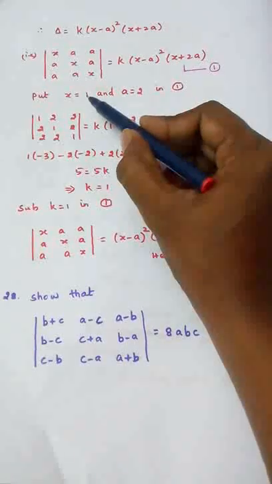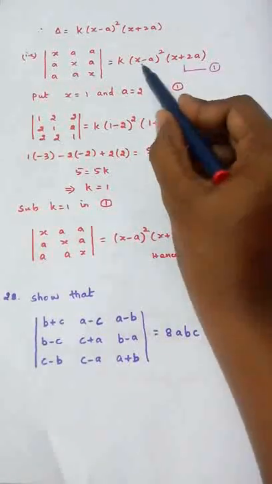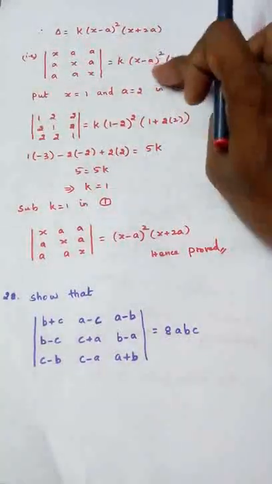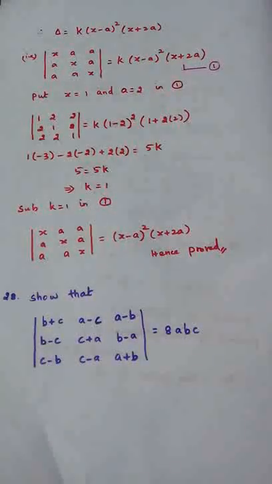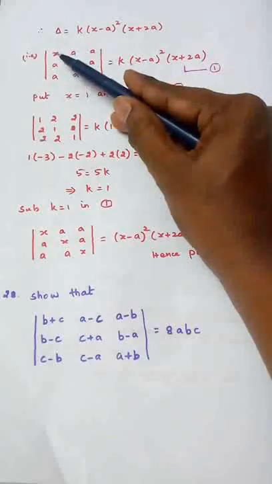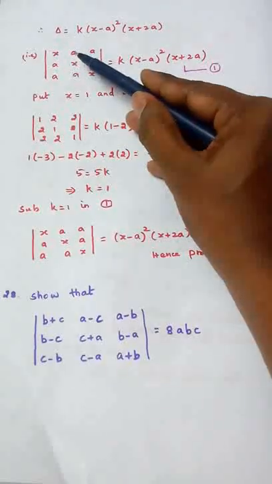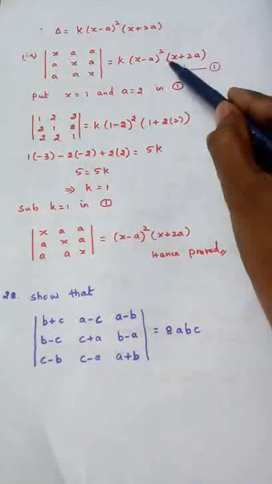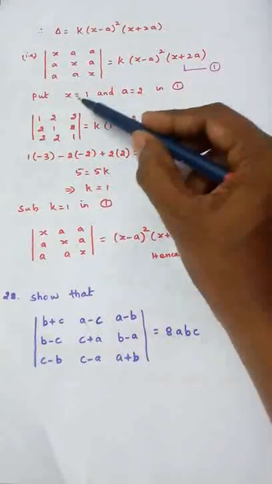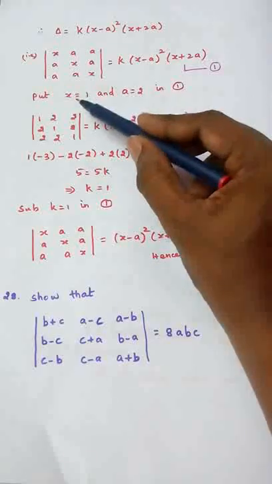See, if I take x is 1 and a is 1, what happens here? 1 minus 1 becomes 0, so that the RHS fully will become 0. Such kind of values we should not take. Again, keep in mind, we are going to choose values for x as well as a in both LHS and RHS. We are going to substitute the values of x and a. This value we can take as per our wish.